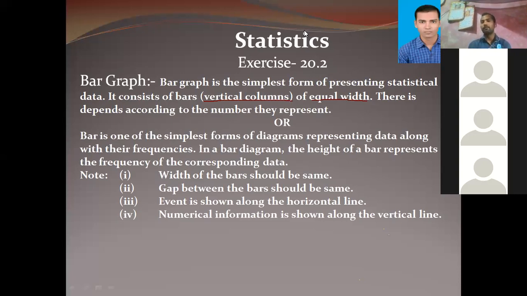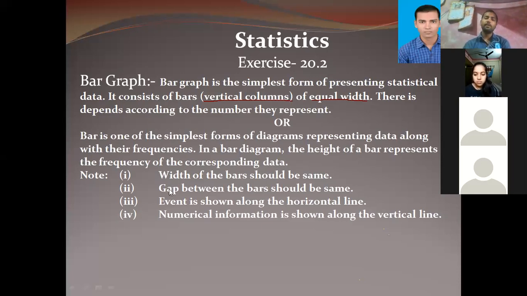In the same way, when you start writing the frequencies on the vertical line from 1, you should give the frequencies as 1, 2, 3, 4, 5. You can't write like 1, then after 5, then after 15, then after 20 as per your demand. You can write as per your demand, but according to the rule.